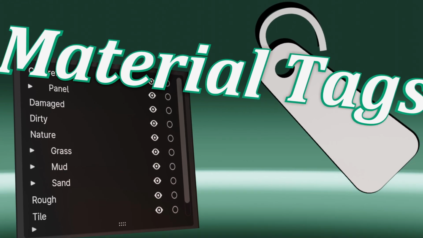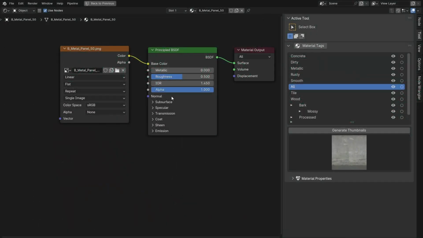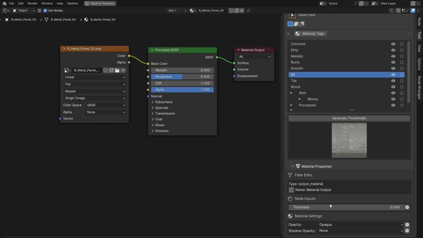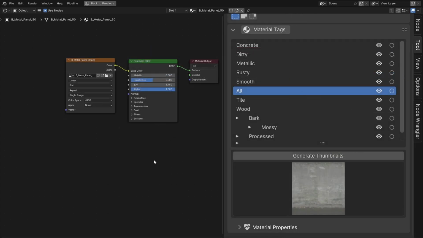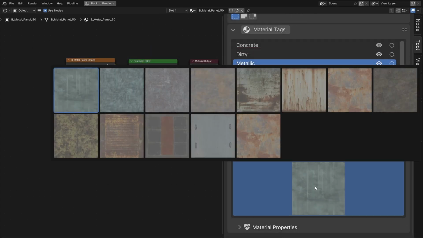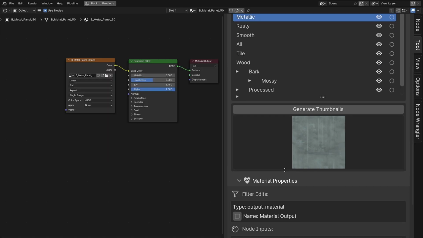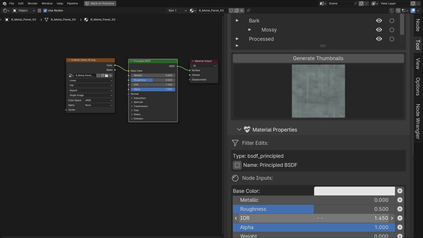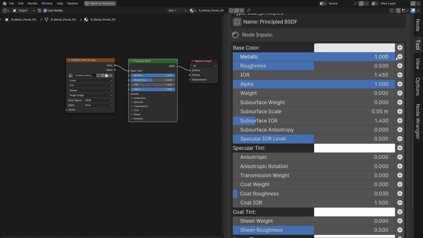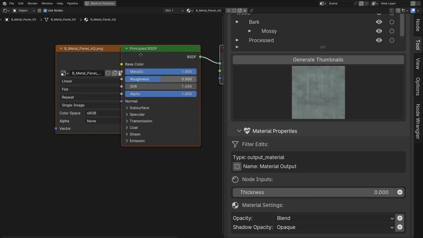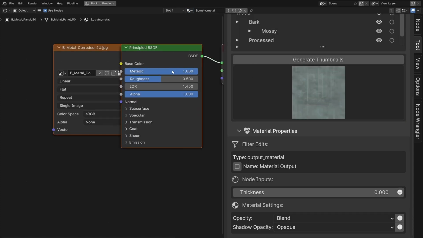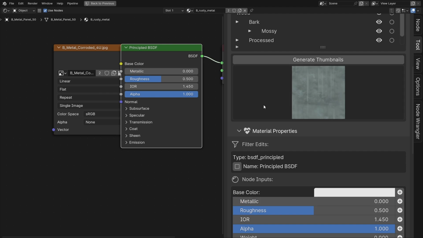The Pro version adds powerful batch editing options that let you modify settings across multiple materials at once, such as opacity type and modifying the nodes themselves! Here's how it works though. Select a node from a material and the add-on displays all its inputs. Adjust them as needed, click apply, and the same input value is applied across all nodes of the same type in all of the tagged materials.